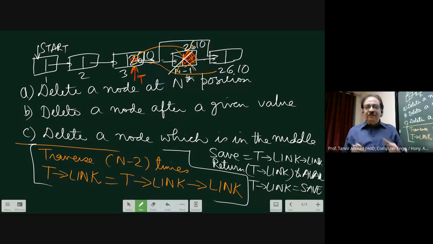Therefore, this is one way. Practically, you do it like this. Theoretically, this is fine, but once you program it like this, you have to make sure that you do not create a lot of dangling pointers. Now, if you are given a second question, delete a node after a given value, what will you do? You are just going to check the data part, and the traversal will be changed in such a way that you check the data part. By this method, you can delete that node.